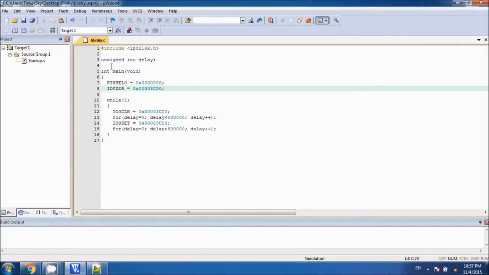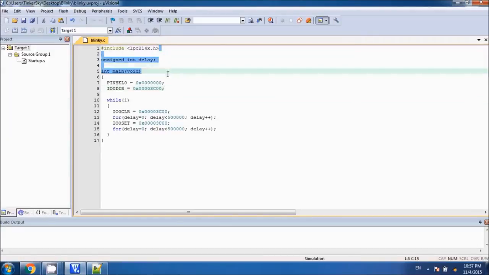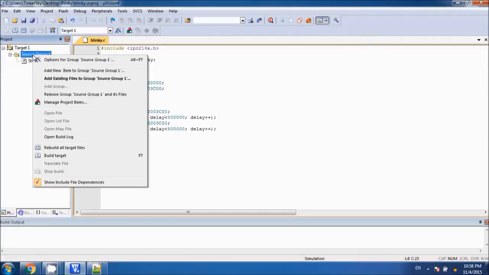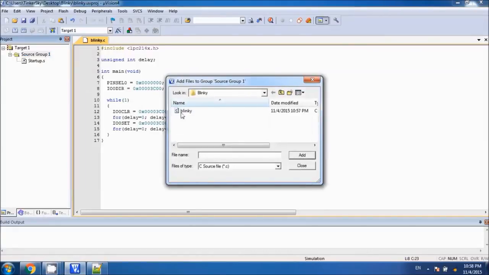So once we save this, you get all the source code in the highlighted mode. And what we have to do is we have to add this blinky.c to your project. So just click on source group 1 and right click this source group 1, and then we have to add existing file to the group source 1, and it will ask you to select the file again. So hit on add, choose your C file and hit on add, and as you can see right now this